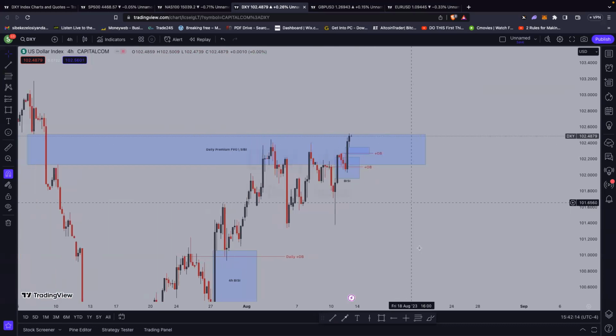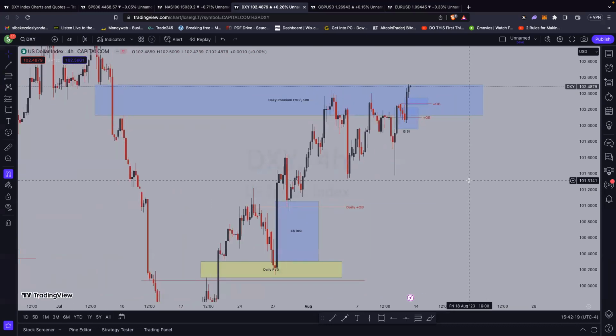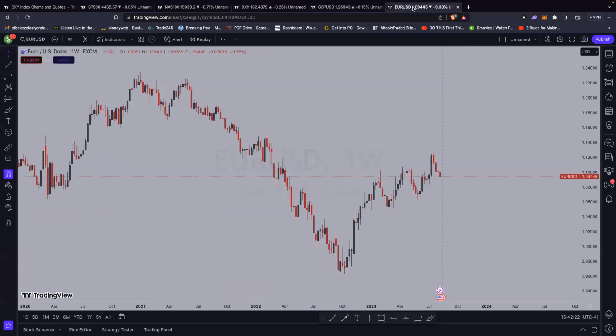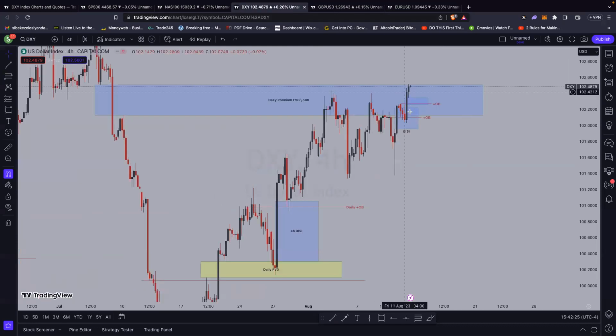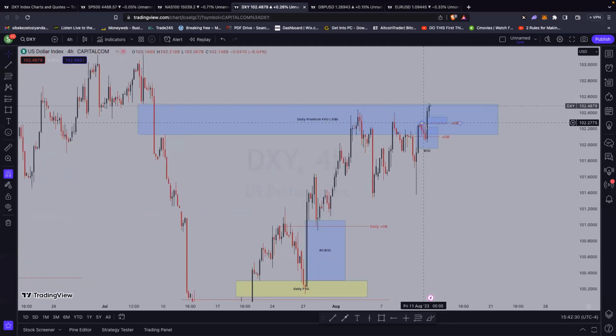If I want to trade euro and cable, so coming into euro, if dollar continues to respect these PD arrays,